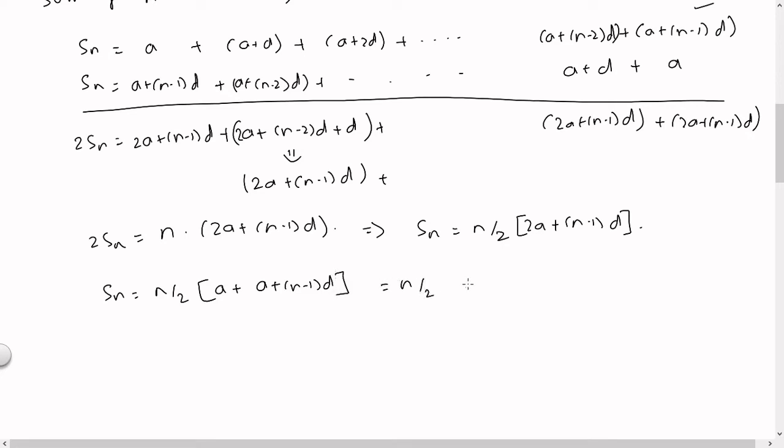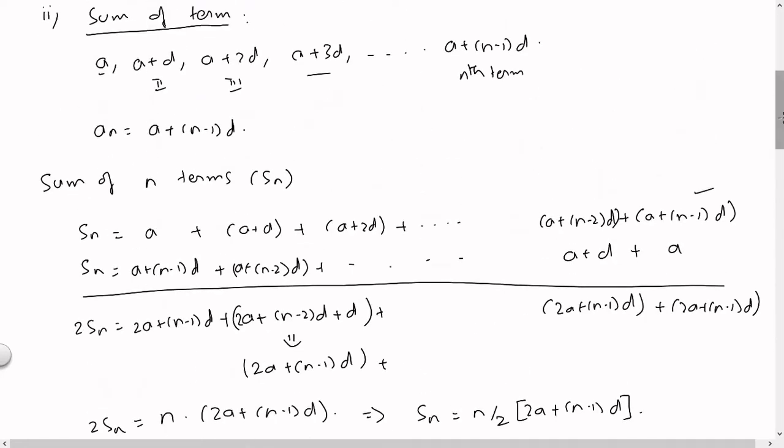So that's equal to n by 2 into a plus, what is a plus n minus 1 into d? We have just now seen that is the nth term. So I will write it as an, but when we write an, you should not confuse this with the general term. Here an does not stand for the general term. An is in fact the last term that we are adding. So instead of writing this as a plus an, we often prefer to write this as Sn is equal to n by 2 into a plus al, where al is the last term in the summation. Is this clear?